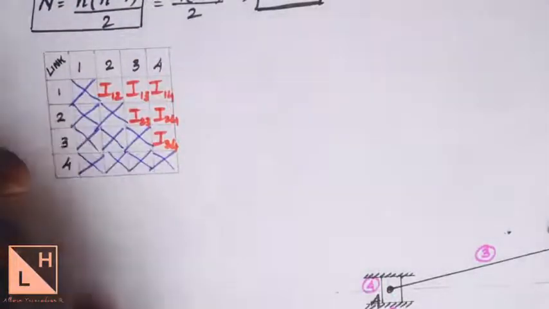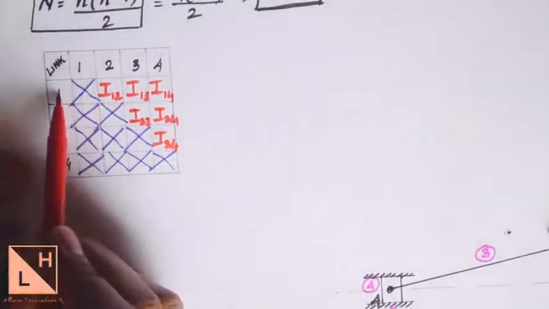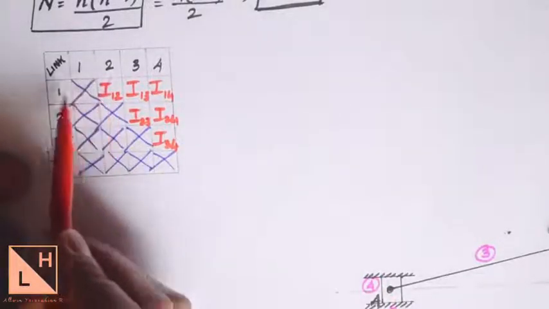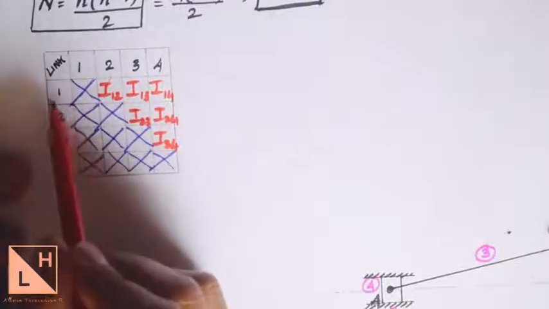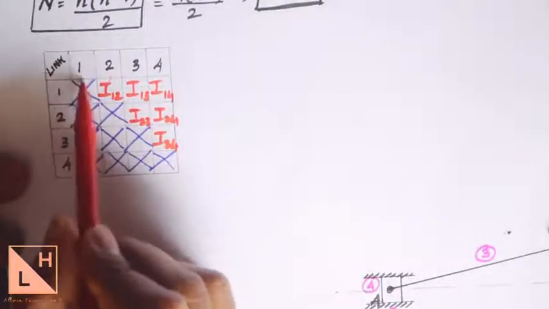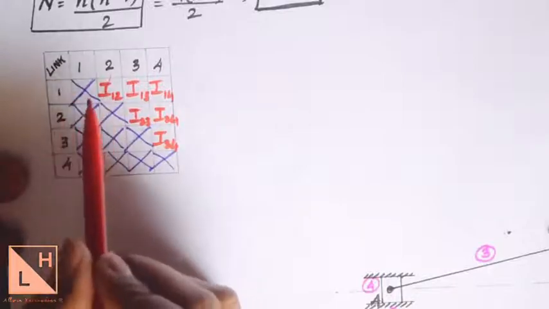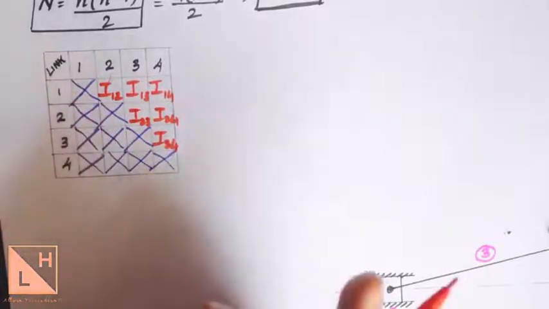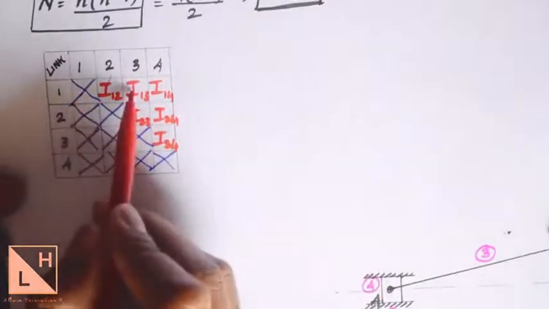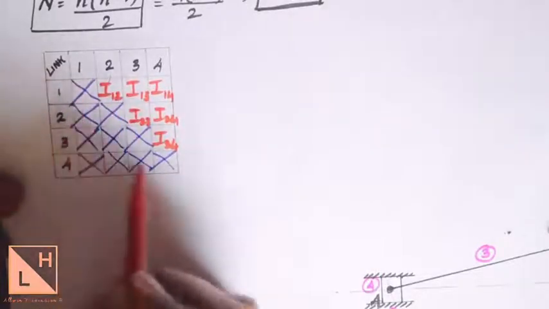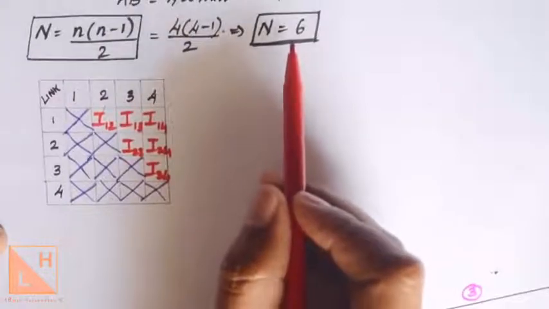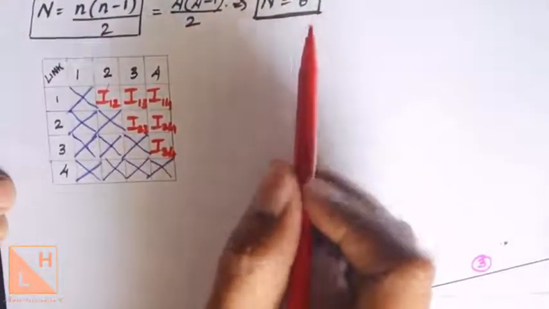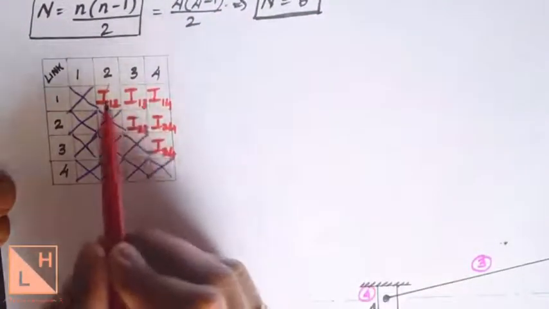So why do we name it like this? Because if I find out I12, it is going to be one and the same as I21 as well. Understand? So we don't find any instantaneous center for the same link. We always find the instantaneous center for 2 links, right? So we find I13, there is no need to find out I31 and likewise. So we need to find out 6 instantaneous centers as we calculated, and in this box we are going to get 6 instantaneous centers.